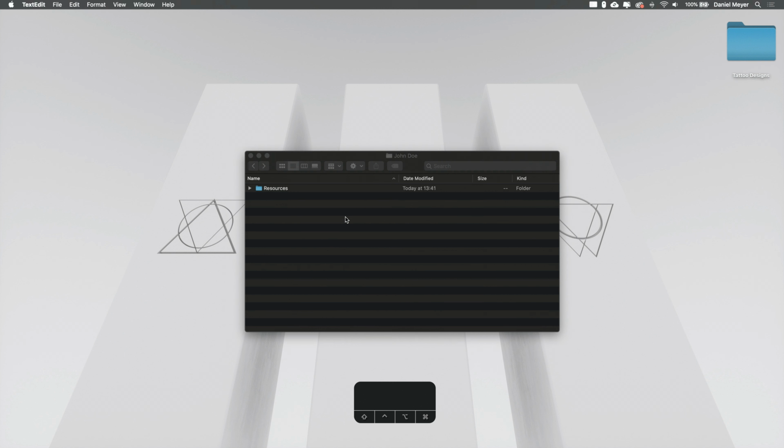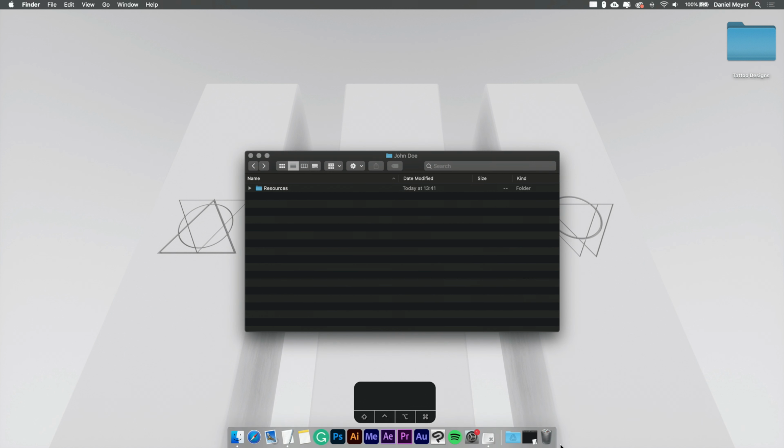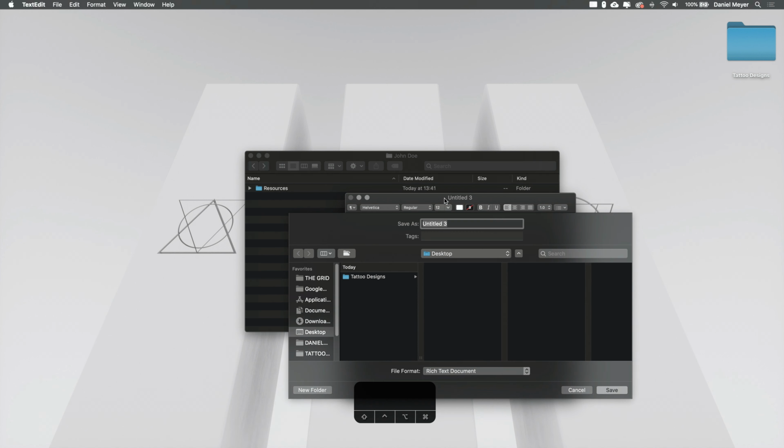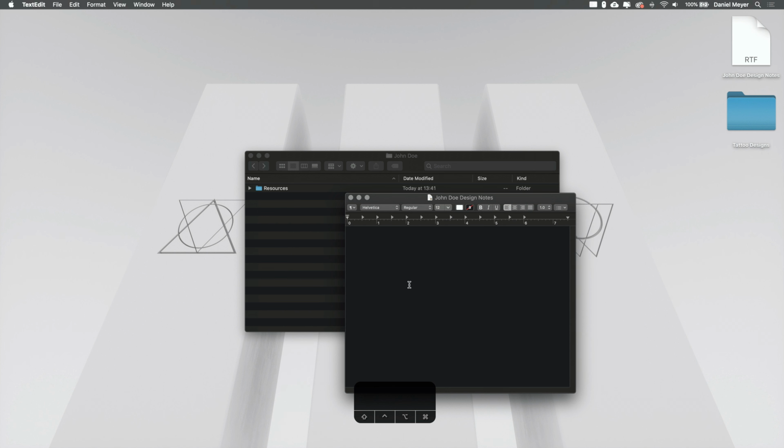Another important file I'm gonna add to the folder structure is an empty text document. Let's save this real quick, calling it John Doe Design Notes. And there we can, for example, talk about the body part, the placement, and design idea.